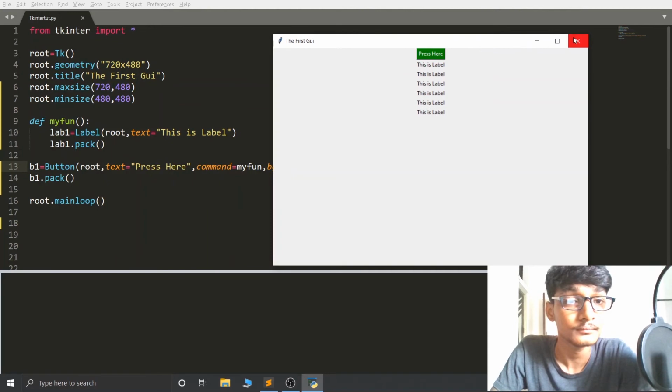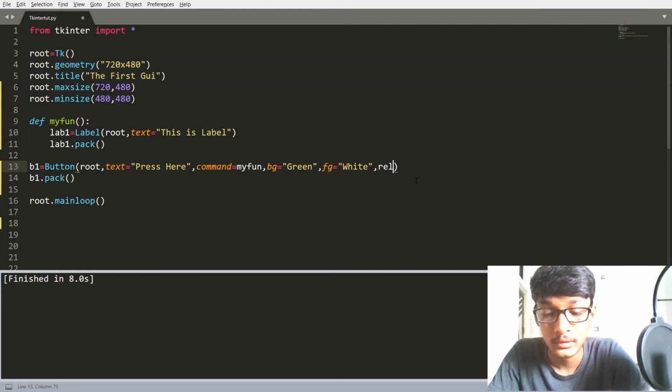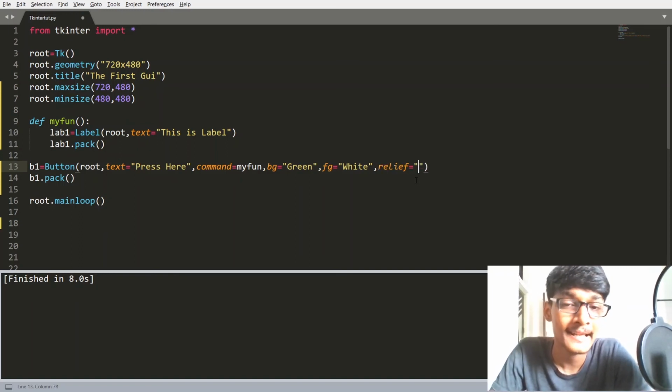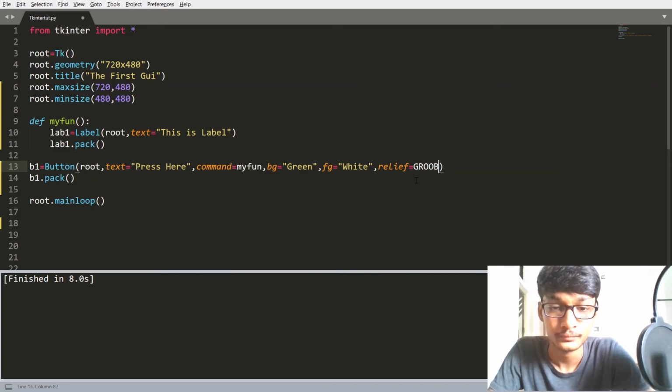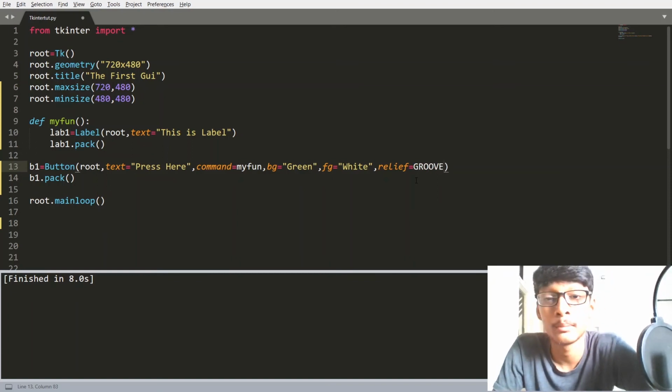Let's say here we are going to use a border style, or you can call it a border decorating style, in our button. I am going to use relief, and inside that I am going to pass, let's say, groove. In the last video we saw all of these things, so you can check our last video.